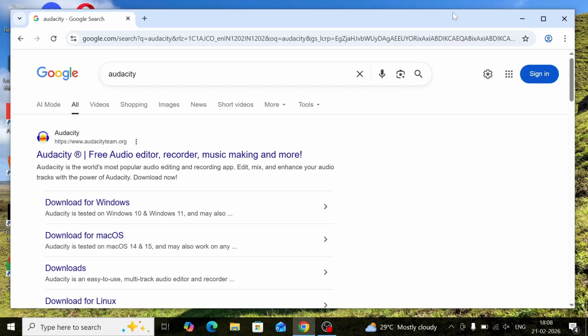In this video, I will be showing you how to download and install Audacity. So let's get started. Just Google Audacity and we'll be having the official link audacityteam.org. Here we are having download for Windows. Click it,